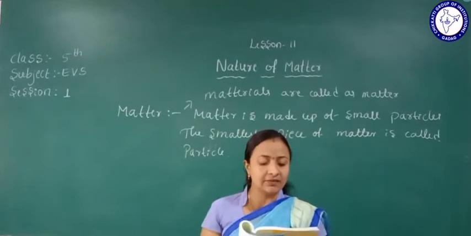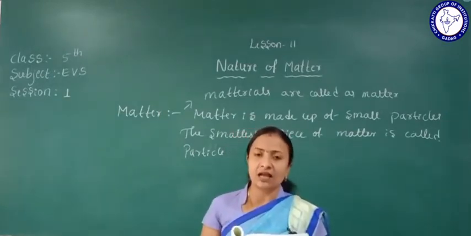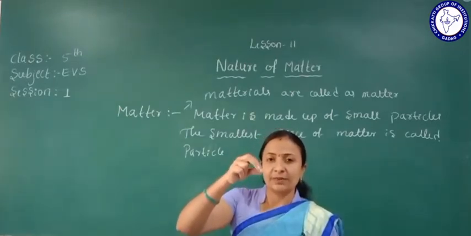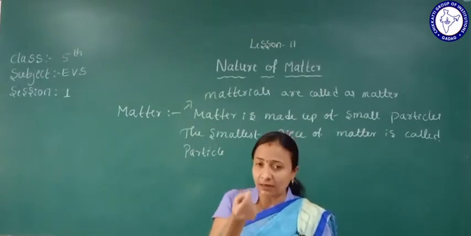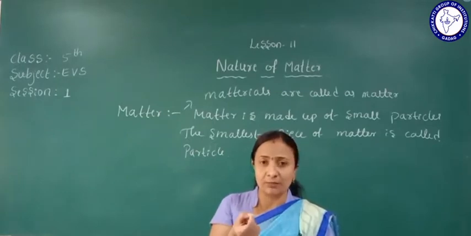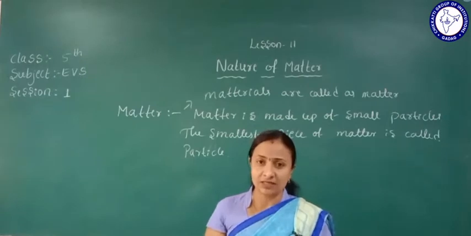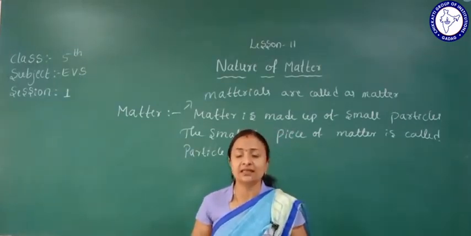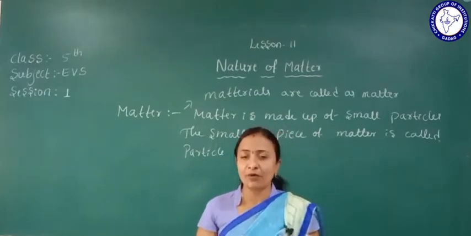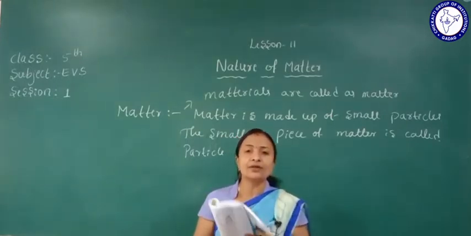Next, collect the powder of available matter and exhibit it in your classroom. I told you already, take chalk powder and sprinkle some pieces here. We can observe the smallest particles of chalk, the powder of a chalk piece, and it is clearly visible through a convex lens. We understand that these are the smallest pieces of particles. These particles are made up of matter. Next we are going to study the properties of matter.